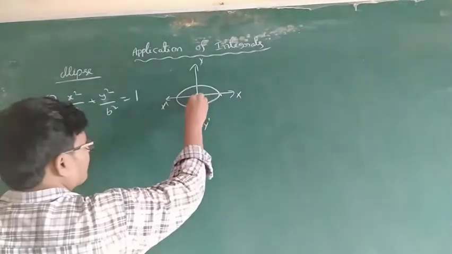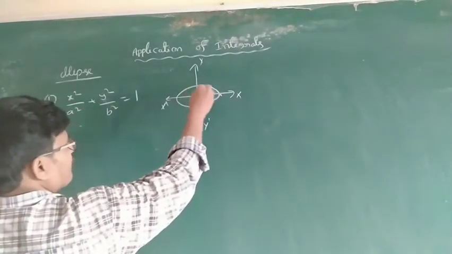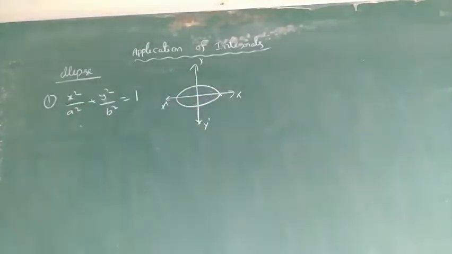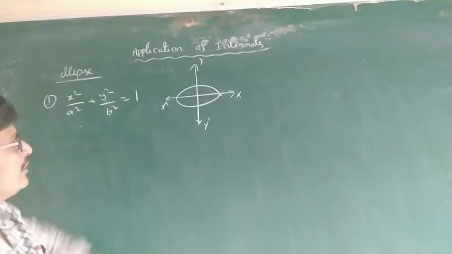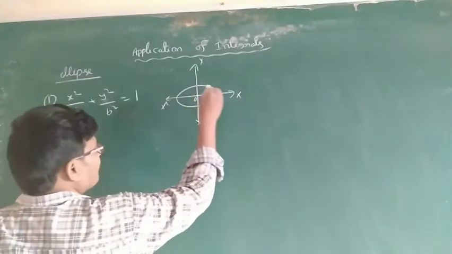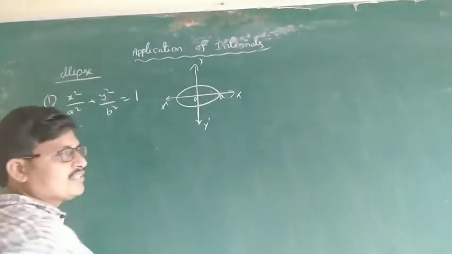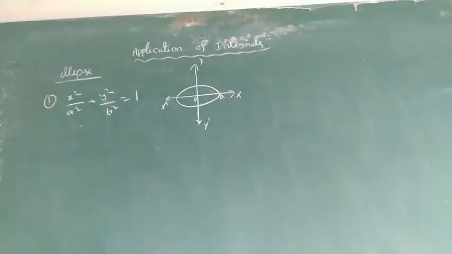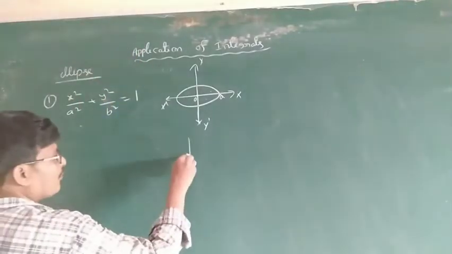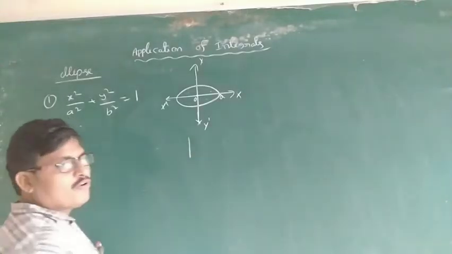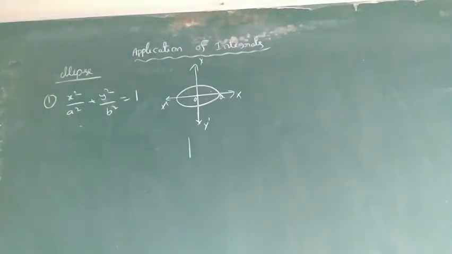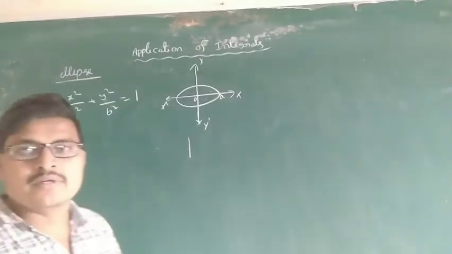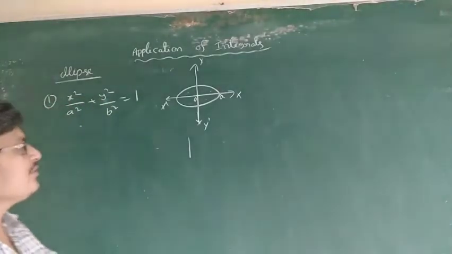This is the origin. These four parts are the first quadrant, second quadrant, third quadrant, and fourth quadrant. Find the area of the ellipse means 4 into the integral from 0 to a, lower limit to upper limit. And the parabola also 0 to a, focus (a, 0). So for the ellipse or parabola, what are the limits? 0 to a, 0 to a.